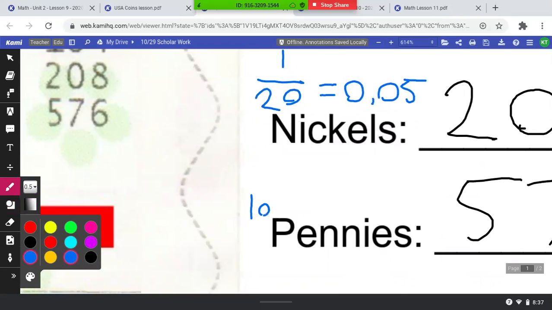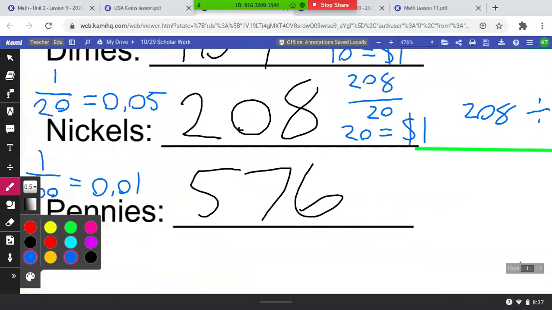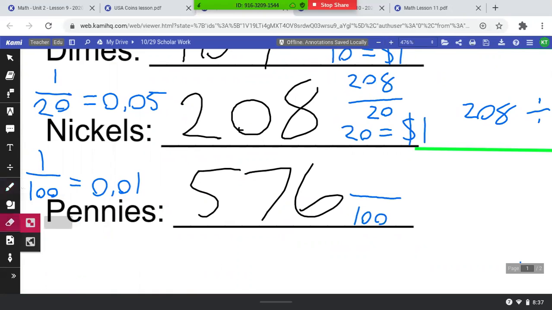There are 100 pennies in $1. So if you have one penny, you have 1 out of 100, and the decimal version of that would be 1/100. So remember, 100 pennies, and oh, messed up our organization that we had. We had a nice little system going. So she has